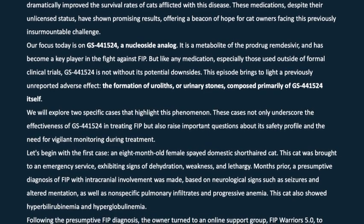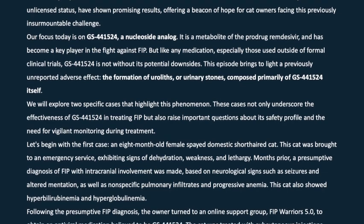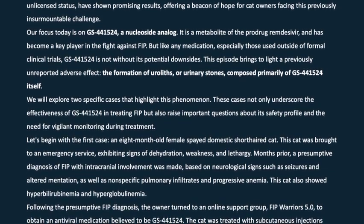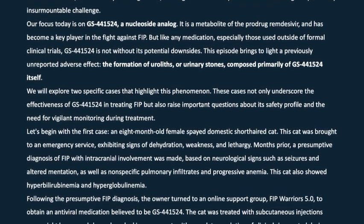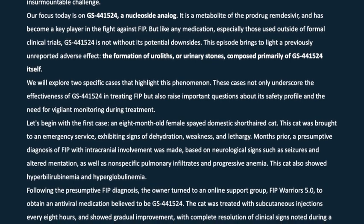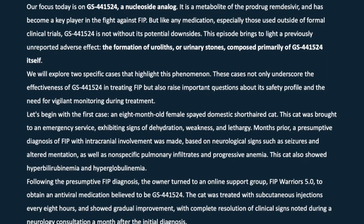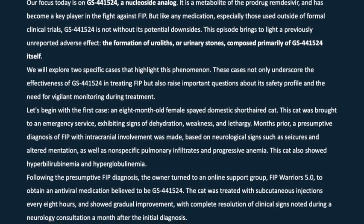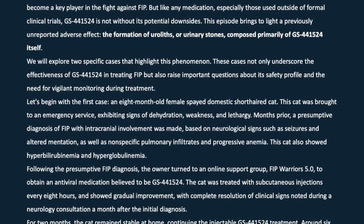This episode brings to light a previously unreported adverse effect, the formation of uroliths, or urinary stones, composed primarily of GS-441524 itself. We will explore 2 specific cases that highlight this phenomenon. These cases not only underscore the effectiveness of GS-441524 in treating FIP, but also raise important questions about its safety profile and the need for vigilant monitoring during